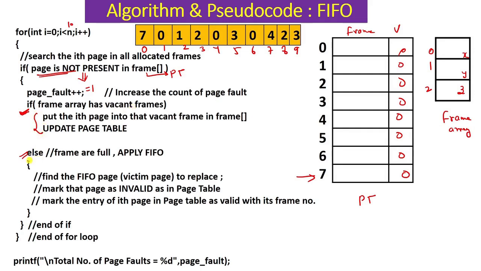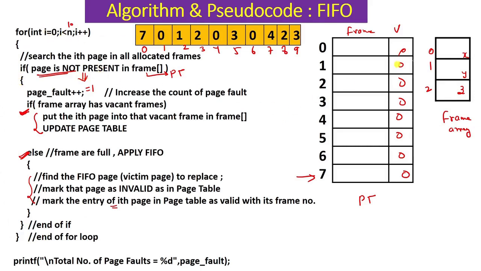If my frame array is full, then you do this thing. That means first apply the FIFO and then create a space. Okay, then put that ith page inside your frame array. This way I'll go to the next page, and for the next ith page I'll do the same